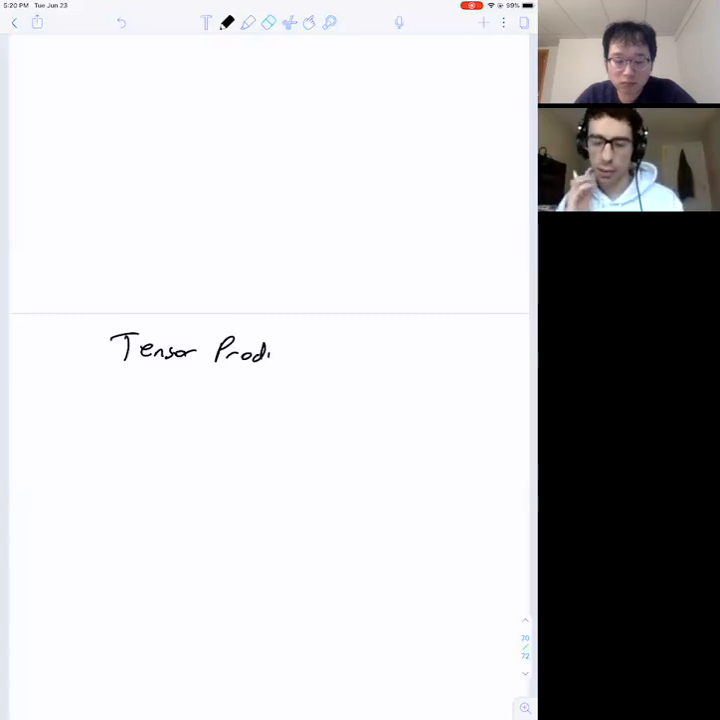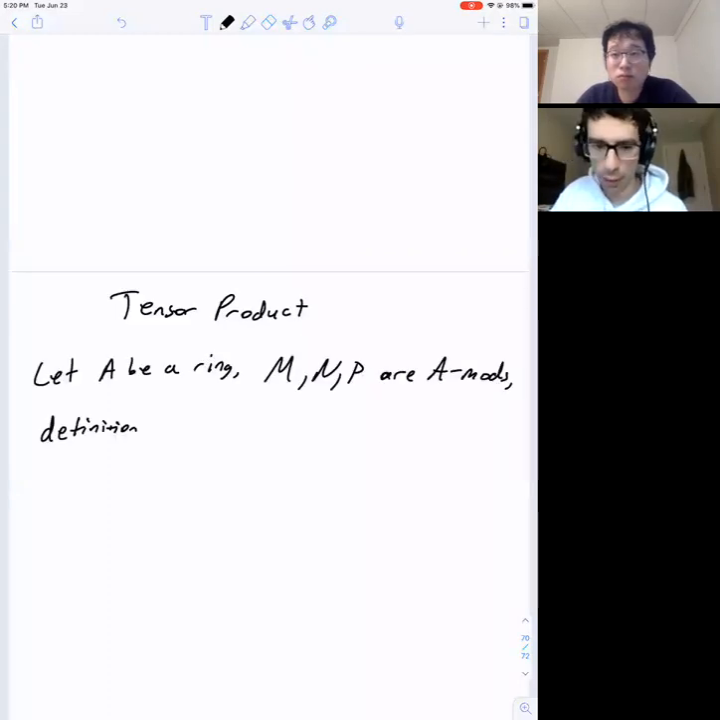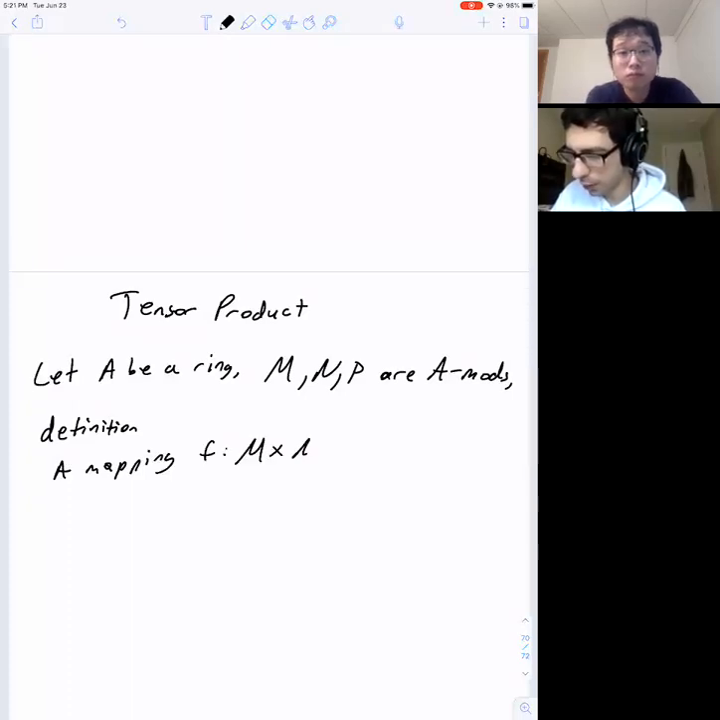So Etienne McDonald talks a lot about the theorems and ideas of modules before he gets into the tensor product, but let's just skip to the tensor product. If I say let A be a ring, and let's say M, N, and P are A modules, then I'll say definition: a mapping F from M cross N to P is A bilinear